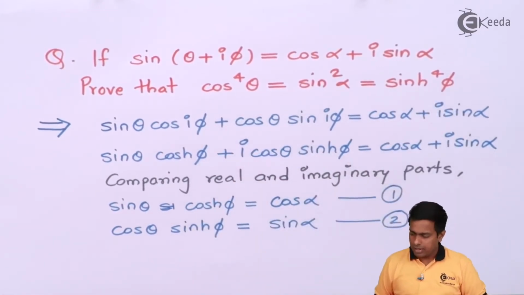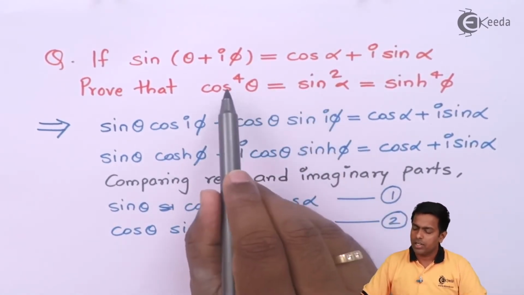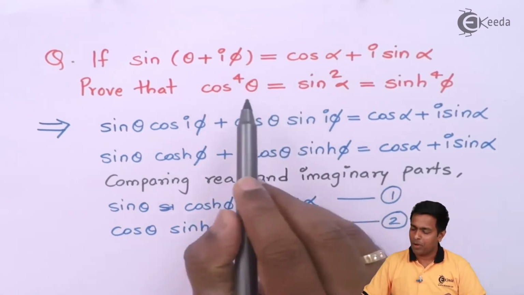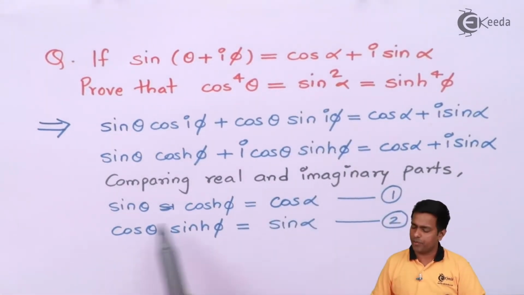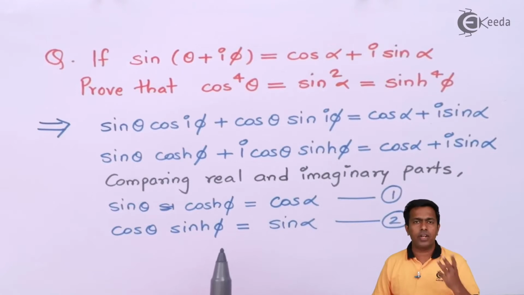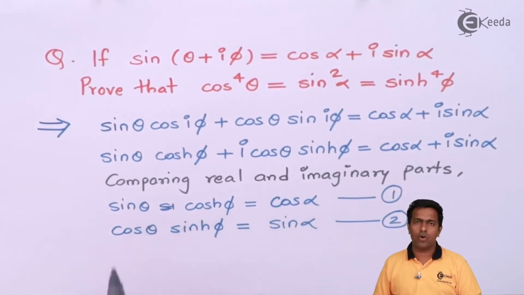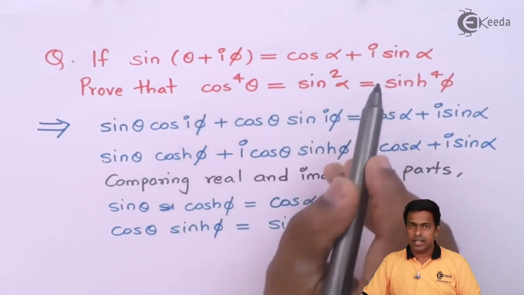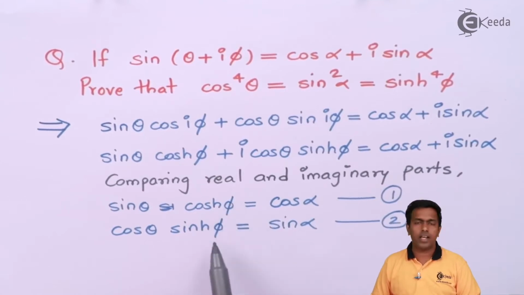So let's start with the first 2 sides. What I'll do is I'll first prove that cos raised to 4 theta is equal to sin square alpha. Now to start with this, let's come back to the equations. In the equations you can observe that there are 3 different variables: one is alpha, one is phi, and one is theta, or you may call them angles. So there are 3 different angles. Now if I am proving these 2, then it means in the answer I want theta and alpha. I don't want the phi.